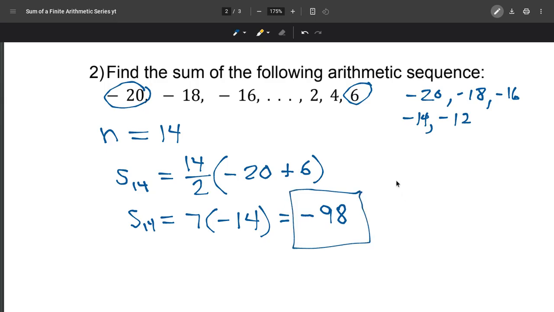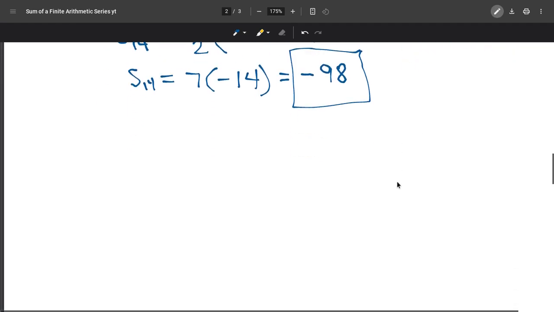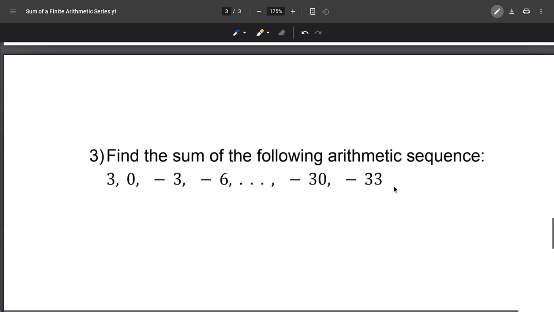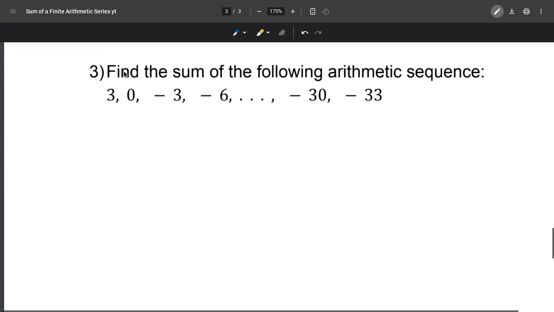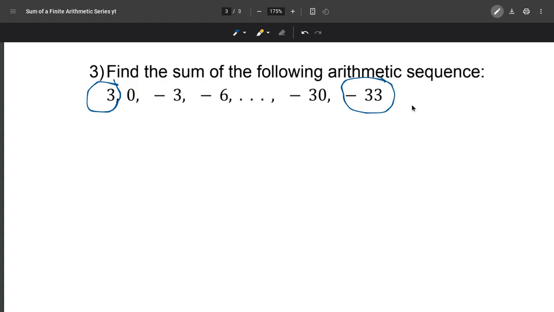All right, let's try one more. Find the sum of the following arithmetic sequence. We start at 3, that's our first term. We go to negative 33, that's our last term. And we have to know the number of terms, n. So let's figure that out. So we go 3, 0, and then we go -3, -6, -9,